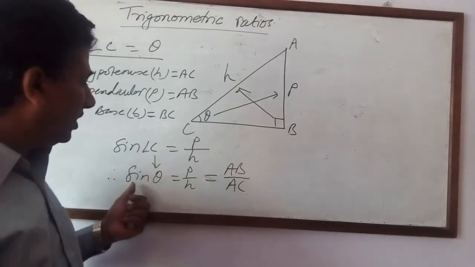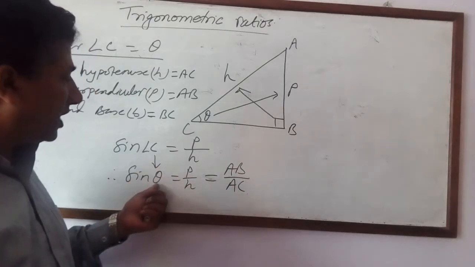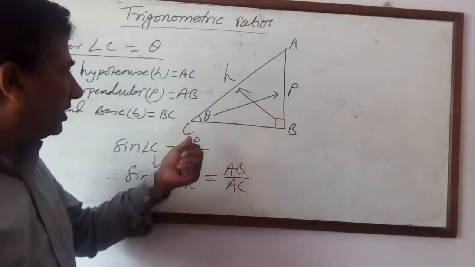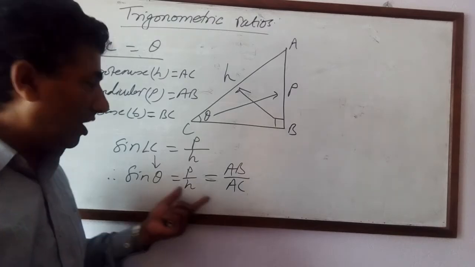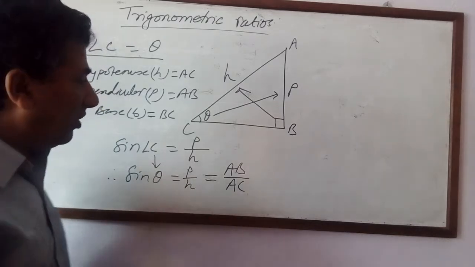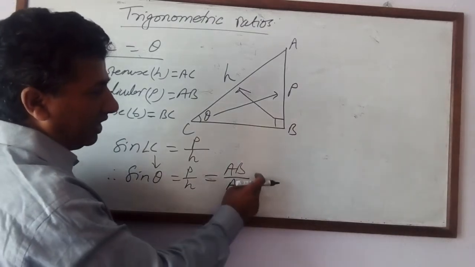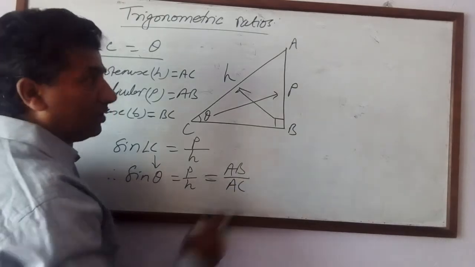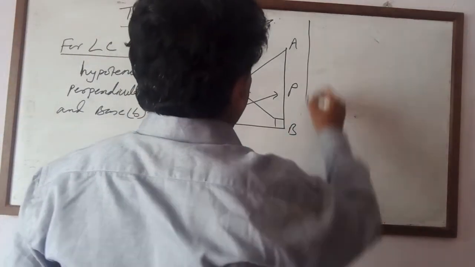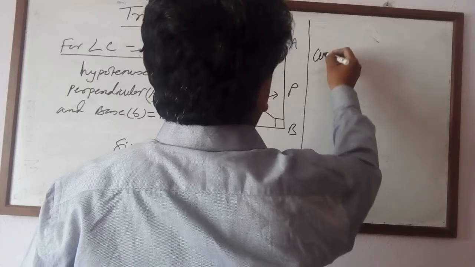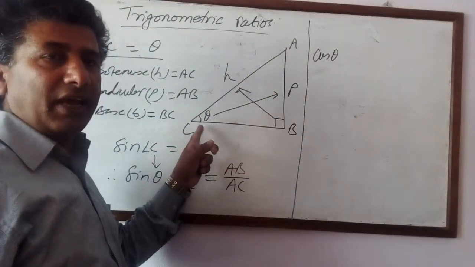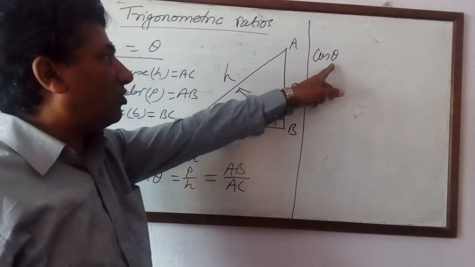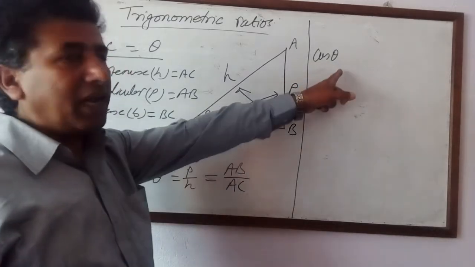This ratio is called sine. Now with that sine, which angle? With respect to angle theta, means angle C. Now this is the meaning of sine theta. You have to write ratios like this. Now if the values of AB and AC are given, then you can write them here also. Okay, next I write cos theta. In place of angle C, I write theta. Theta means the value of angle C. You can write angle C also, no problem. Later we have to write the value of C.